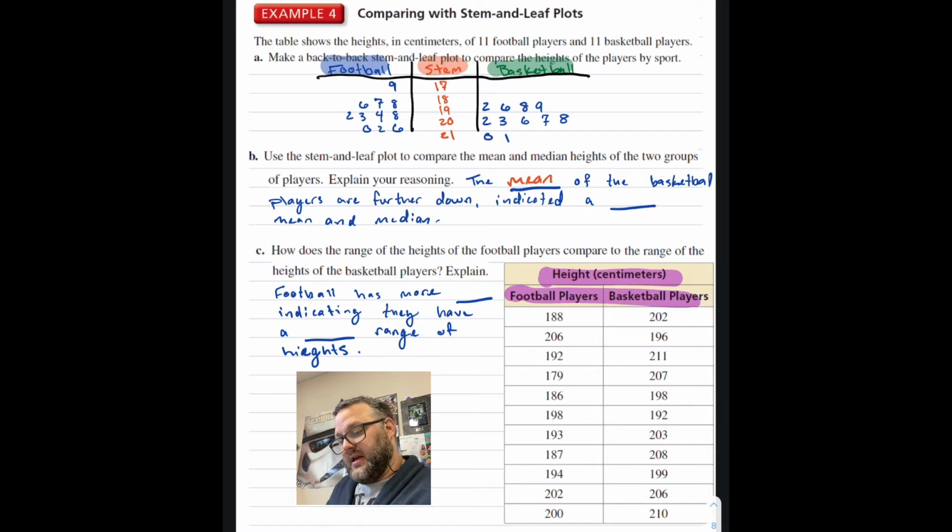So that indicates, that's supposed to be indicates, not indicated, a larger mean and median. Because the numbers will be further down to begin with, and they're grouped further down, that means our mean and median are going to end up being larger themselves, or further down. So how does the range of the heights of the football players compare to the range of the heights of the basketball players? Explain. Well, football has more